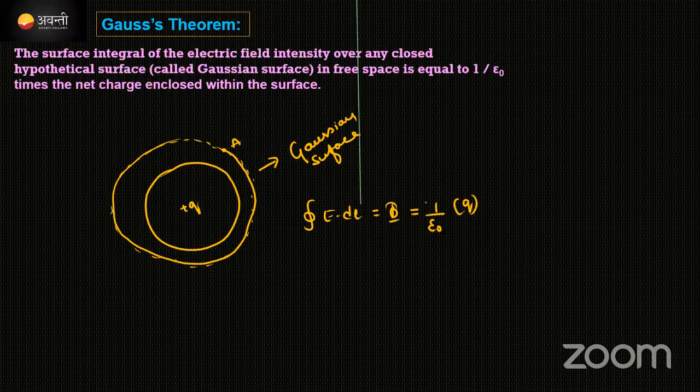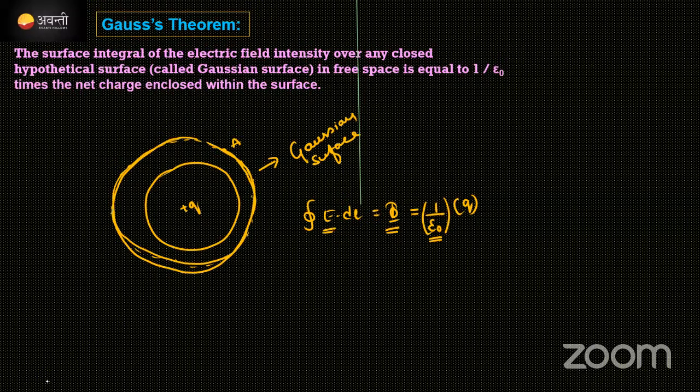Look here, 1 by epsilon naught is nothing but the medium which is present inside that Gaussian surface. There is a Gaussian surface outside, right? Which charge is inside this Gaussian surface? Its medium we have to write here: 1 by epsilon naught times q charge. Whatever charge there is, that much charge has to be placed here. According to him it's very simple. The flux value will be equal to q by epsilon naught, or 1 by epsilon naught times the q we have to write. By doing this, we can easily calculate the electric field intensity.